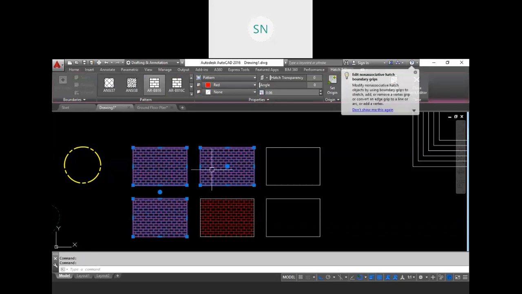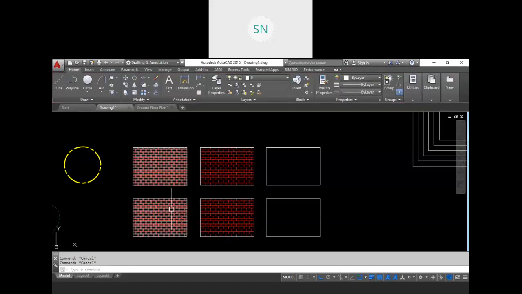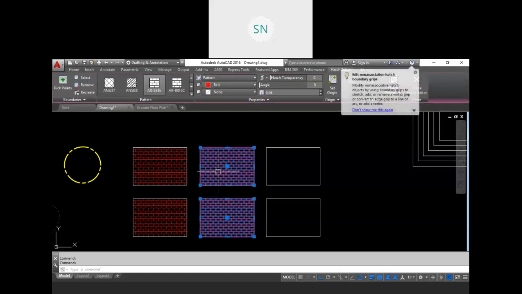See, when I click on this, only this hatch is selected. When I click on this, both the hatches are selected. That means when your create separate hatches is on and you are going to fill more than one boundary, your hatches will also be separate, right? So that is our create separate hatches.